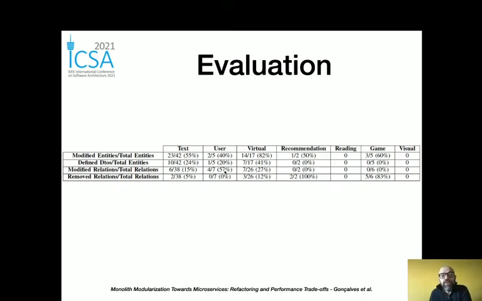And then you also measure what was the modified relation. In the sense of modified relations, it was a relation that continued to exist, but at least one of the entities that were involved in the relation, in the association, changed. And removed relations were the relations that completely disappear, for instance, when they are in the border between two modules.